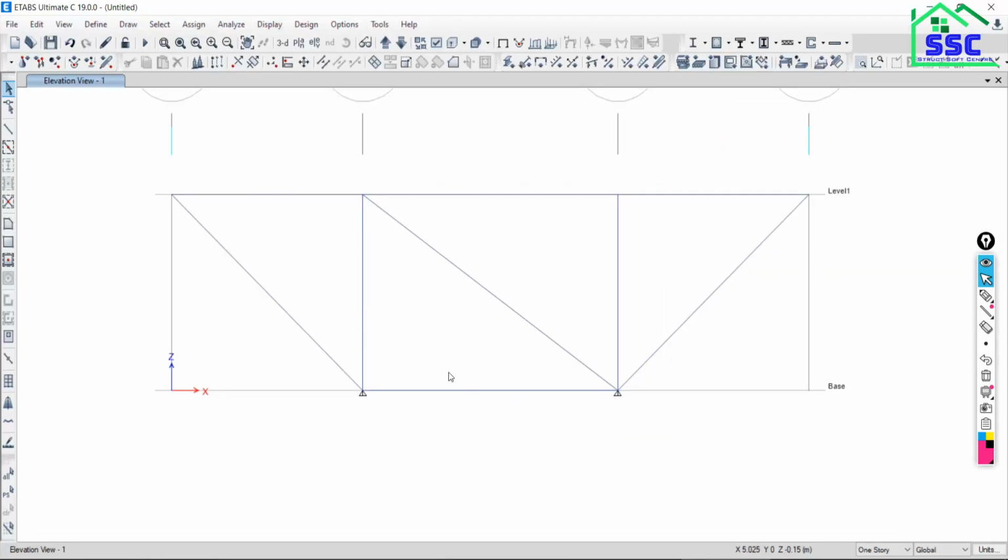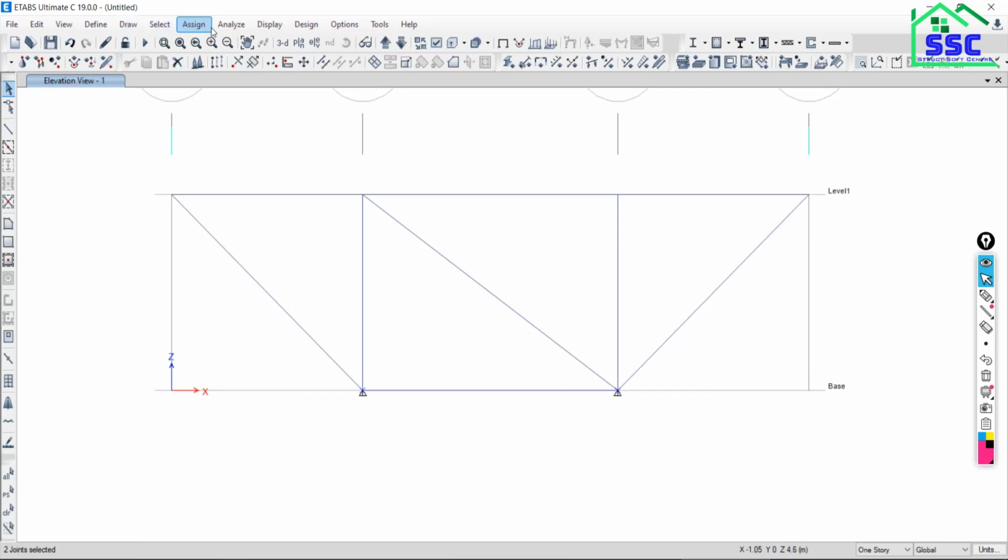So just go back to ETABS and drag from left to right, so that everything that comes inside of the box will be selected. Here I am interested in selecting only the joint, that's why I am dragging from left to right, so that this joint is going to be selected. So only one joint is in selection. At the same time you can also select the next joint, just drag from left to right, so that this joint will also be selected. So two joints are in selection.